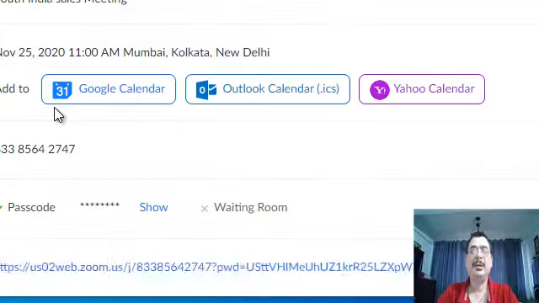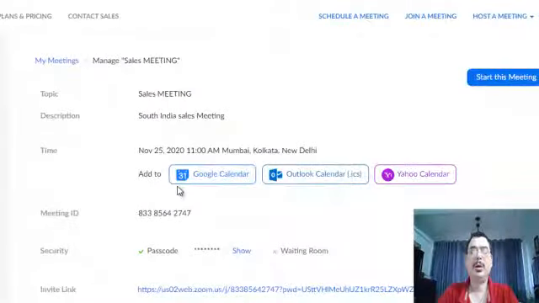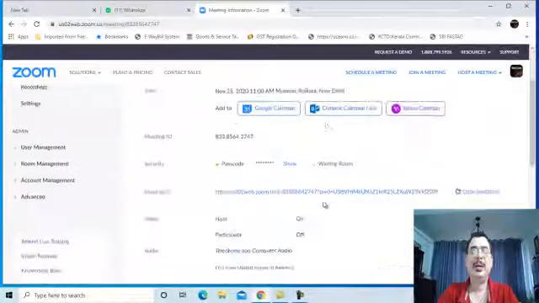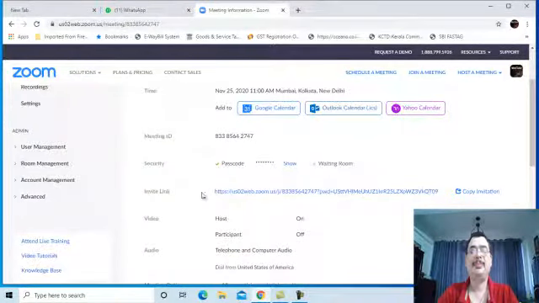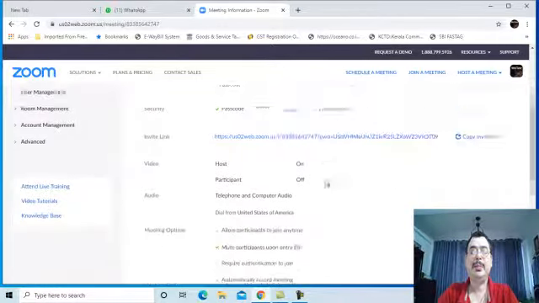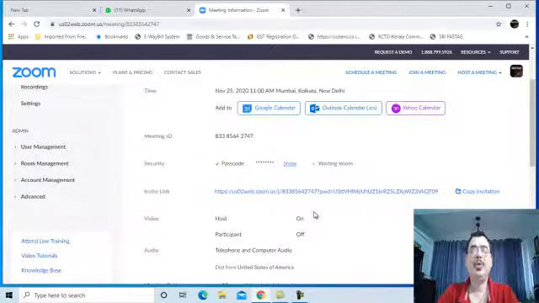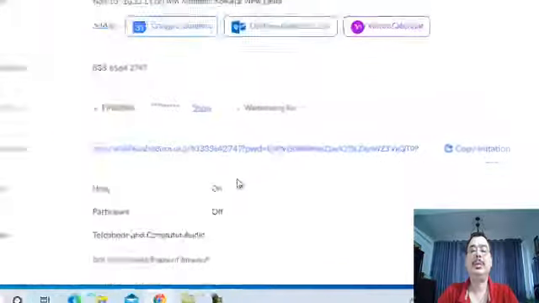the meeting is scheduled. Once the meeting is scheduled, you will get a screen like this, and on the screen you can see sales meeting, South India sales meeting, time, and it is asking for add to calendars and all. Meeting ID has come. The password is in there. You can see the password I have given is there, and waiting room is not enabled, and every detail is there. Now, how do we